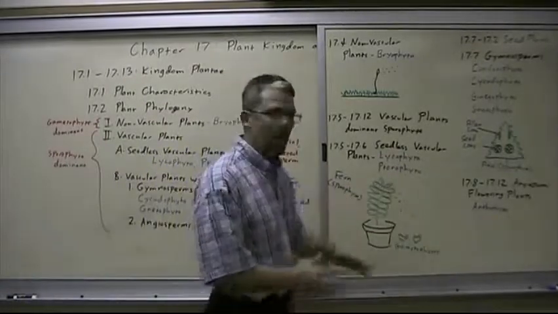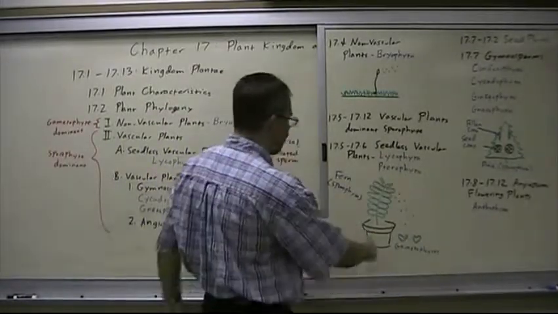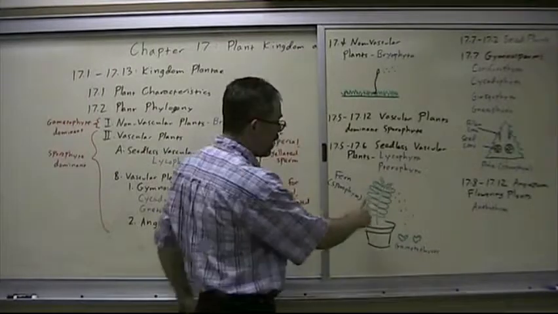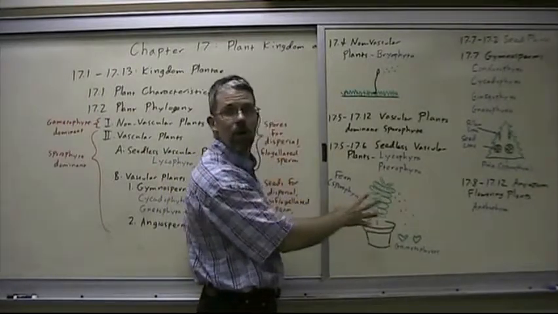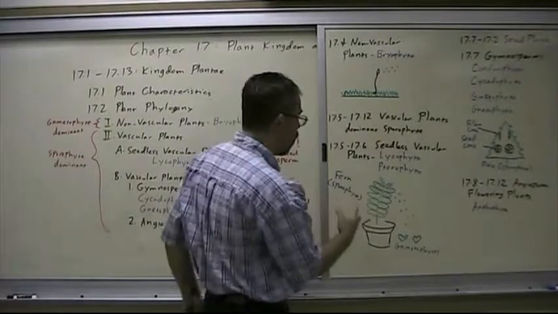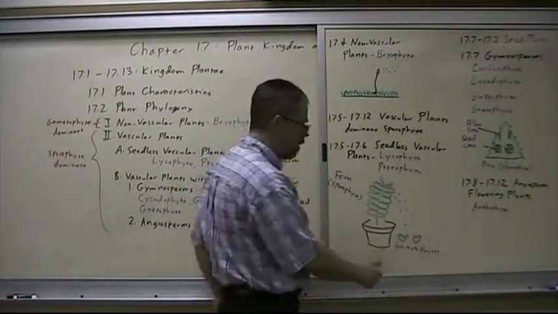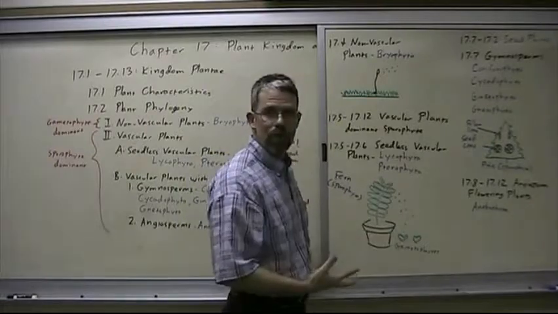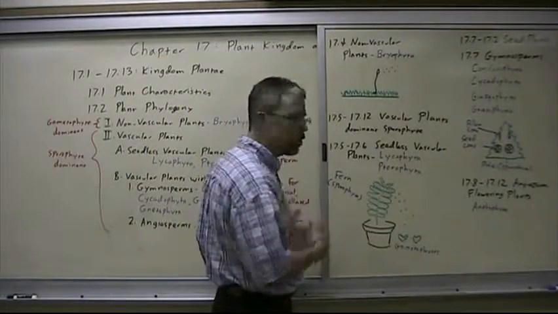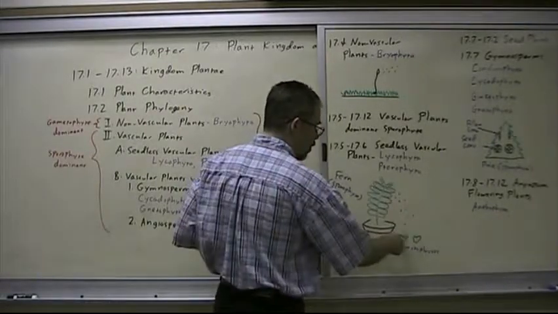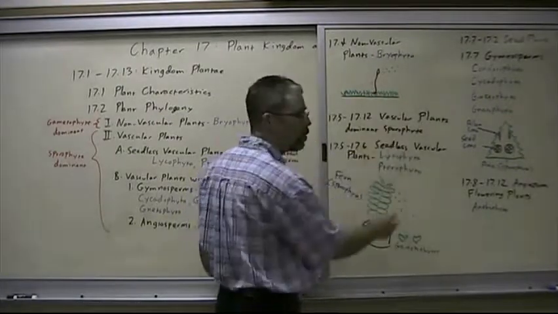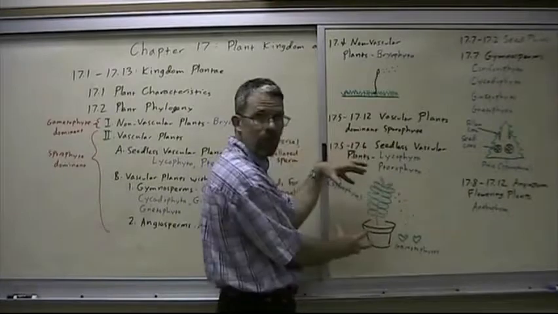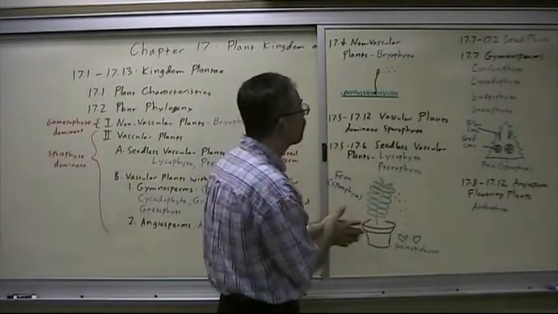Now, fern life cycle detailed here. The fern is the sporophyte stage. These little structures underneath the leaves are called sori, S-O-R-I. They release spores. The spores fall into the dirt, and they become these tiny little heart-shaped gametophyte stages, which produce gametes. The sperm will have to swim to the egg, and then you get a new sporophyte stage, just like you did up here, but the difference is the sporophyte grows into a fern, and the gametophyte goes away.